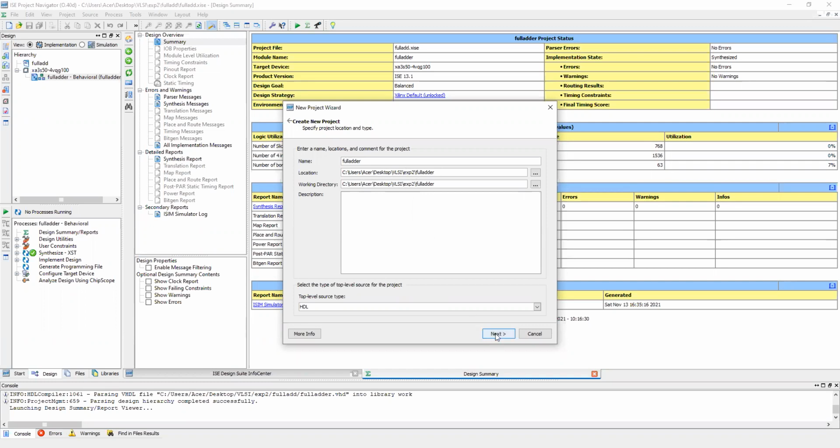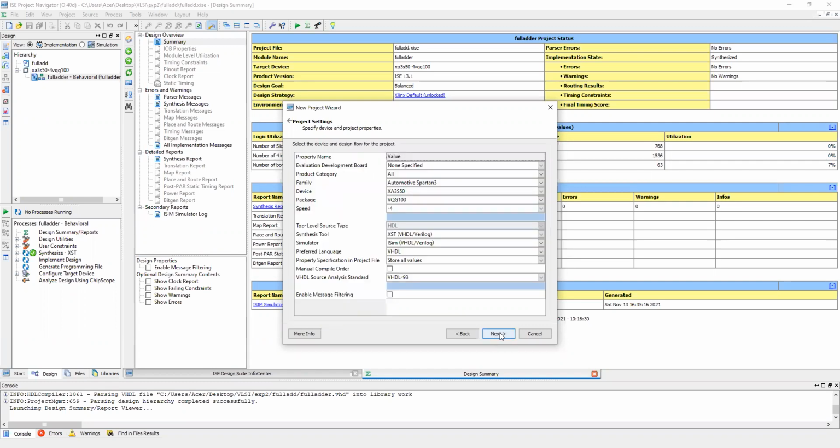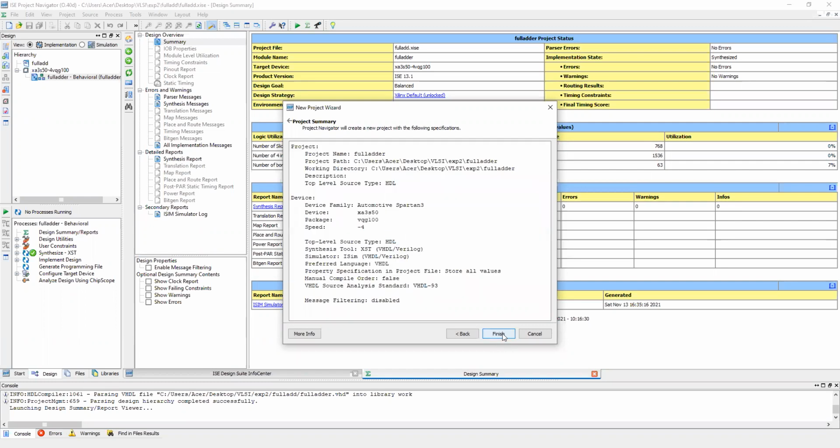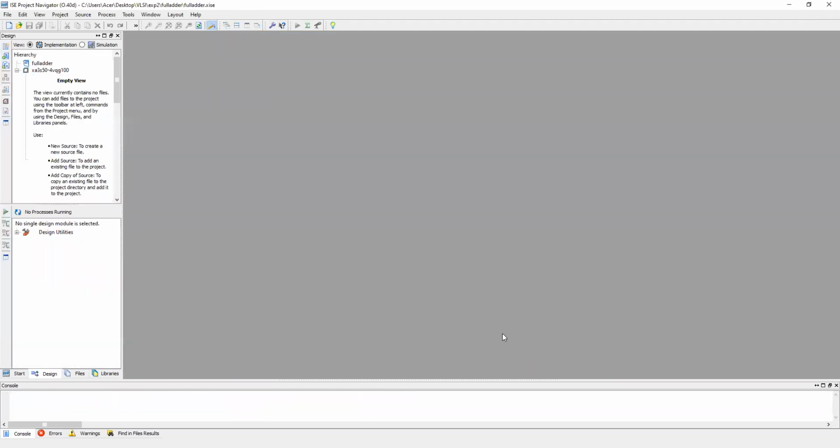Of course, for the top level source you have to select HDL only. It is there by default. You have to click Next, then Next and Finish. Now you can see the new project folder has been created.